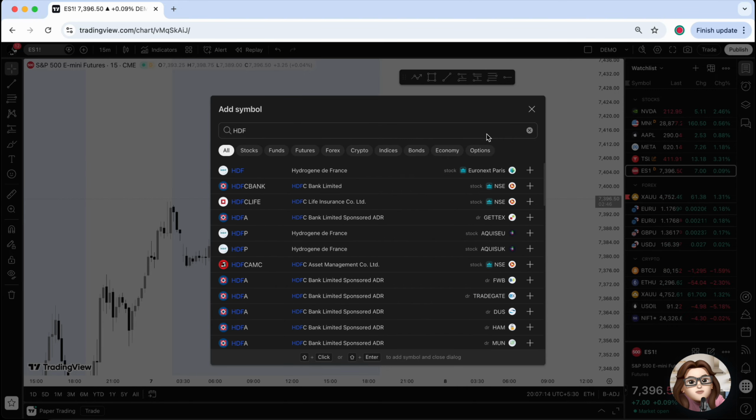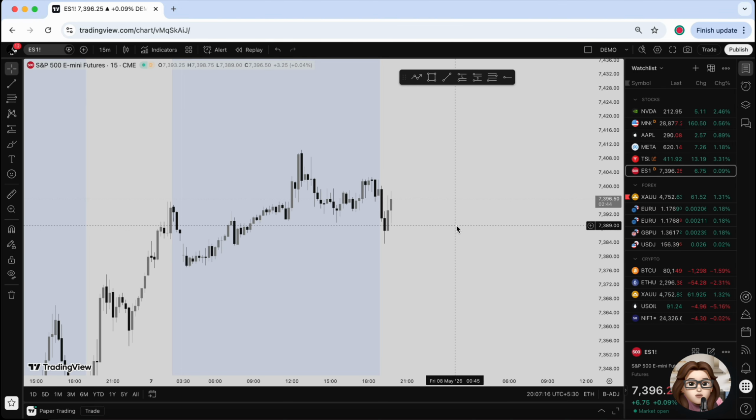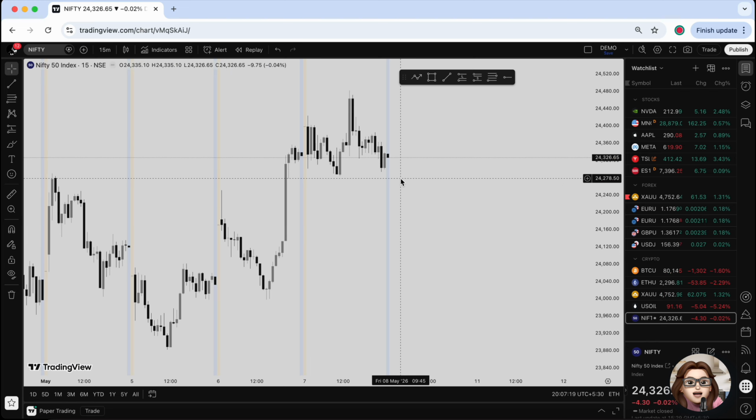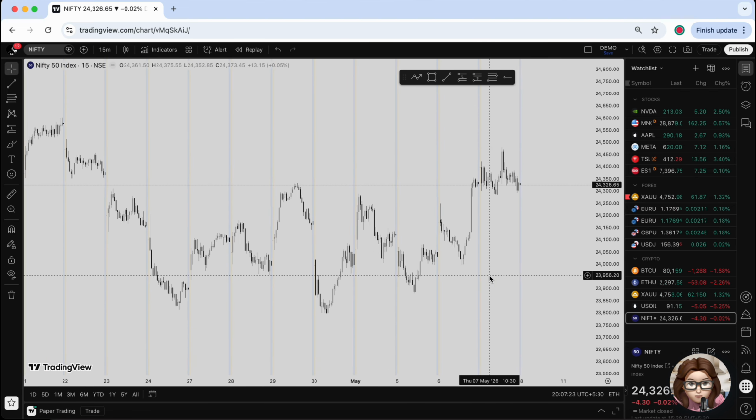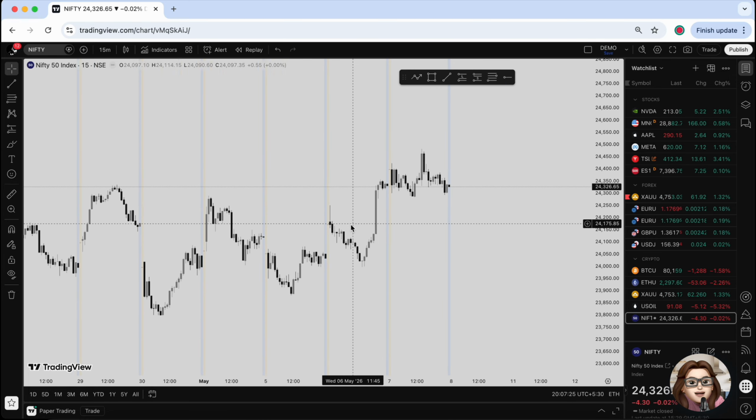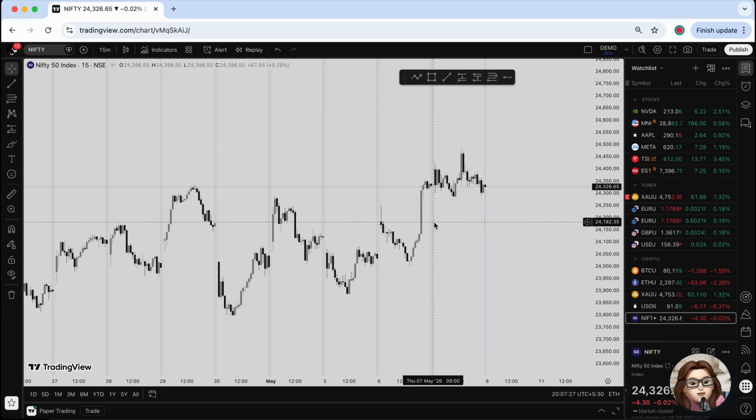Once added, your watch list will start showing real-time price updates and performance data for the index or selected stocks. You can quickly scan how each stock is performing, helping you stay on top of market movements without switching between